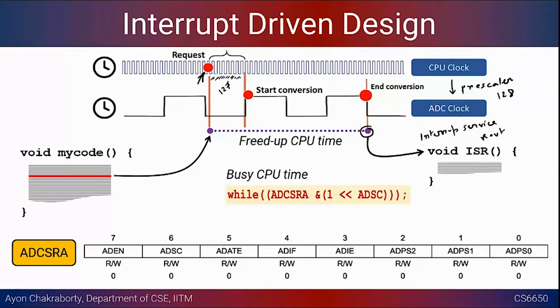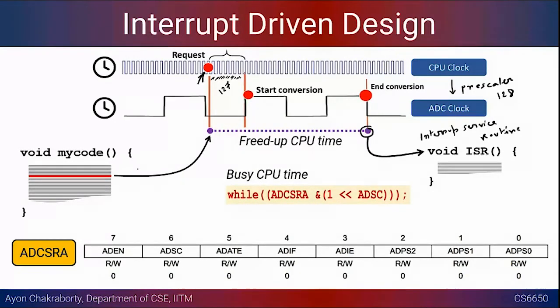This is routinely taught in any operating systems class or a microprocessor class, right? So you want to serve the particular interrupt, you want to do something when the interrupt has taken place, or in this particular case, the ADC has told you that the conversion has been completed. So you want to read the results, or you want to make the code know that your conversion has been completed, so that you initiate the next conversion. Okay, so this is a typical way things are done.